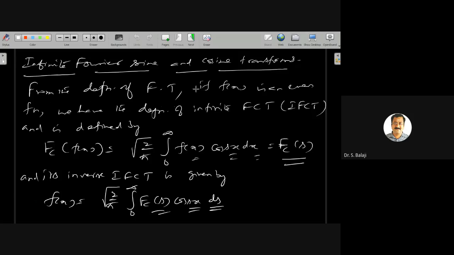From the definition of Fourier transform, if f of x is an even function, we have the definition of infinite Fourier cosine transform, infinite FCT, within brackets IFCT or simply FCT, and it is defined by